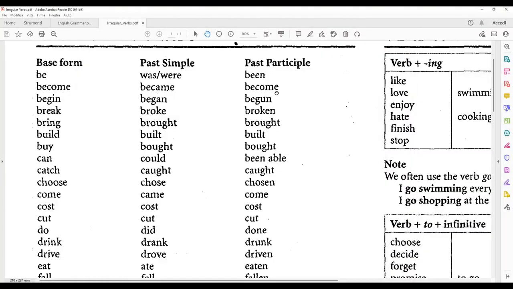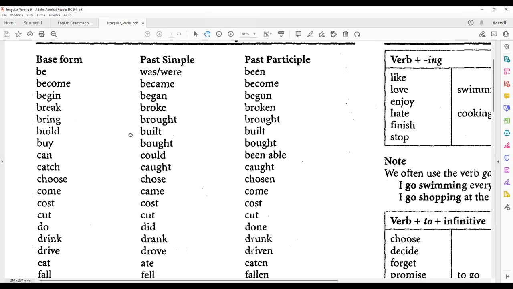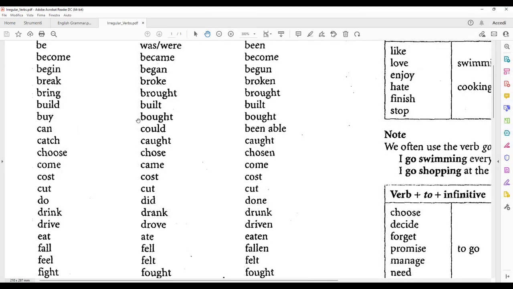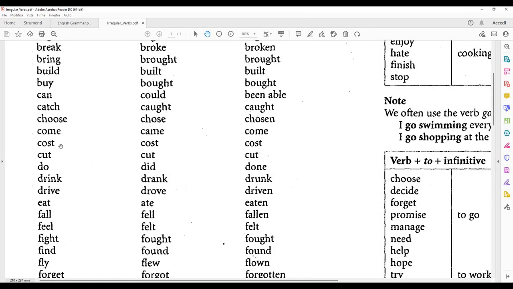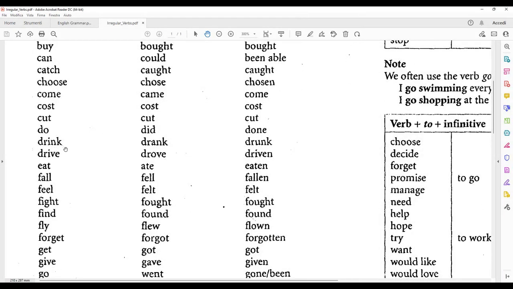So, a questo comunque serviranno il participio passato. For tonight, so become, diventare, become, became, begin, began, break, broke, bring, brought, build, built, buy, bought, can, could, catch, caught, choose, chose, come, came, cost, cost, cut, cut, do, did, drink, drank, drive, drove, eat, ate, fall, fell, feel,